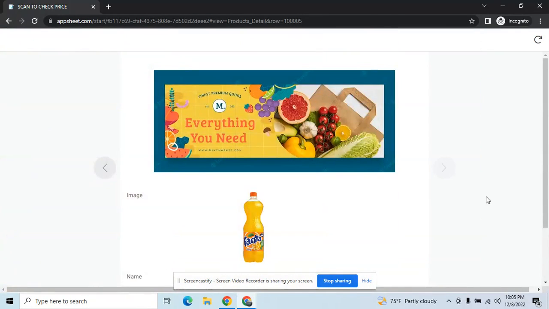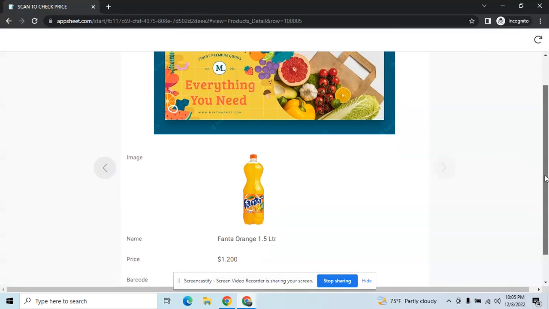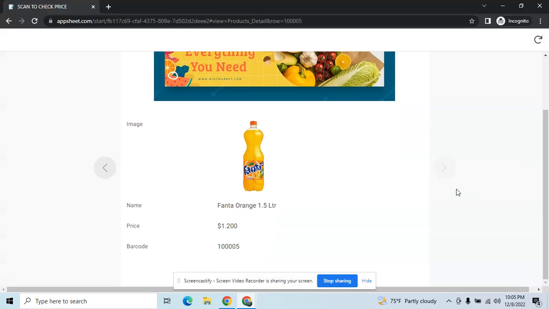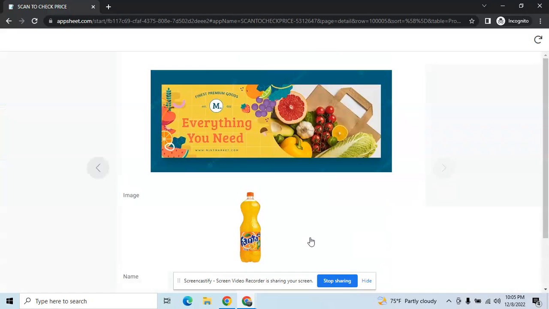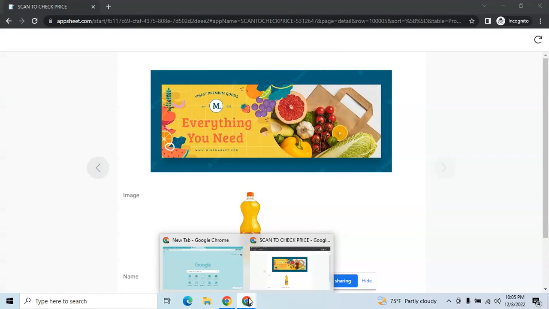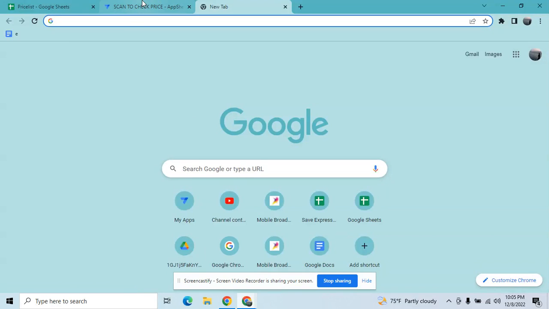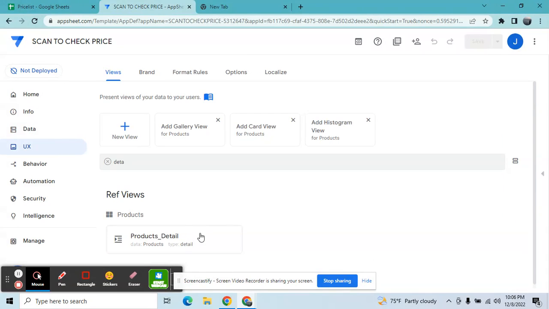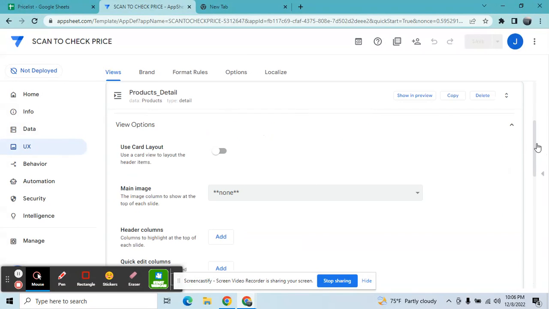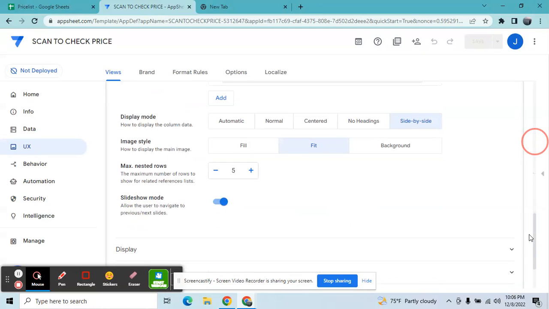All right. As you can see, they don't have any more access to edit it. So here, to avoid this arrow, you don't want them to scroll and scroll like this. To remove this kind of thing, the slideshow, you just have to go to UX, to product detail. Then here, scroll down, you will see slideshow mode. So what you're gonna do is just, you see it in the video, but it doesn't record the,